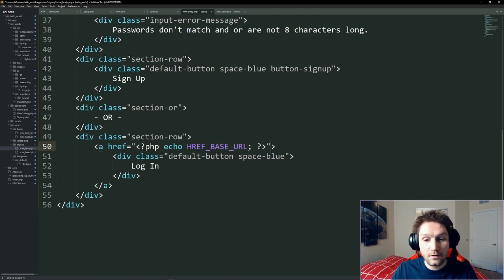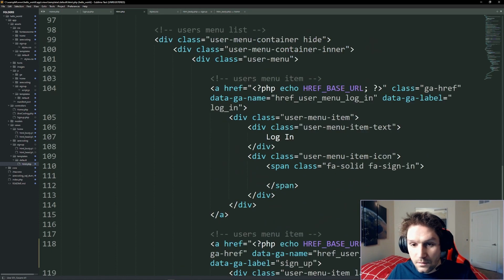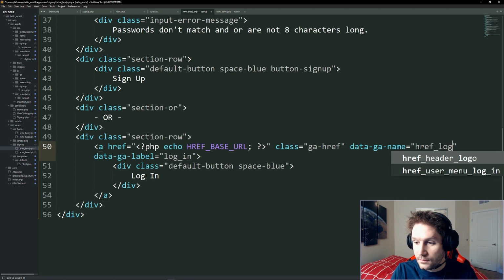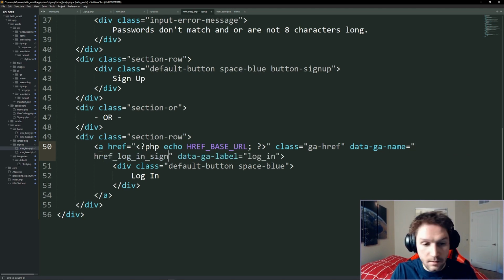We're going to add tracking to our login button, so whenever it gets clicked, it goes to Google Analytics. Our sign up tracking button will come when we create our JavaScript click for our button sign up in the next video. Over in our template default HTML, our users menu item here, our login A tag, we're going to copy the class and the data. Our class is GA_href, which means that our site will send this click to Google Analytics with a data GA name, and this is the event name we want to use that will show up in Google Analytics. We're going to call this the href login on our sign up page,